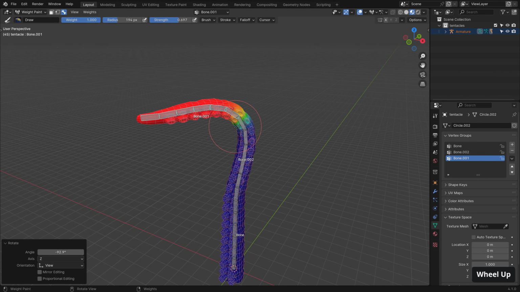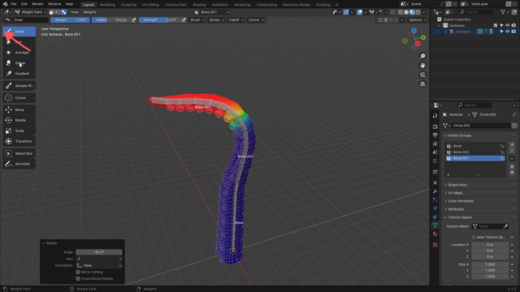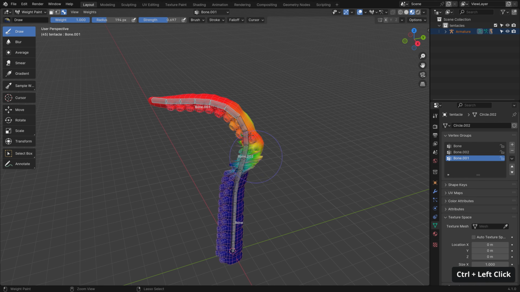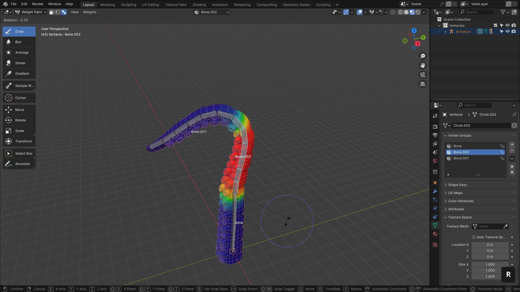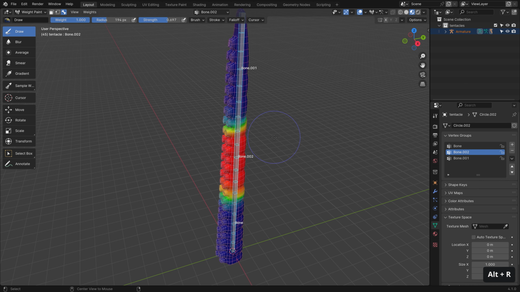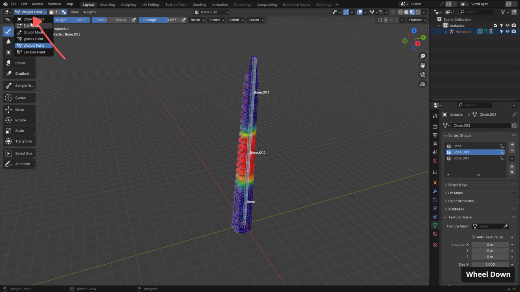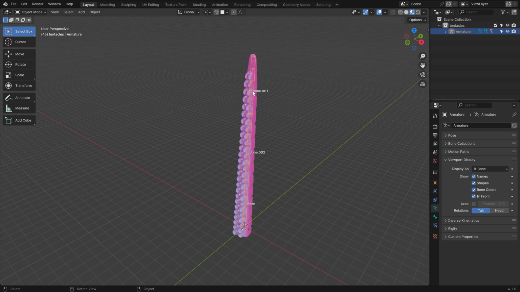But if this wouldn't be the case, we can use the weight paint mode as I showed you before. So we can go in here and adjust the vertex weight or remove the vertex weight as we like. But since this looks pretty good, we don't really have to do anything. One thing to keep in mind though, let's go back to object mode, let's select the armature and let's tap